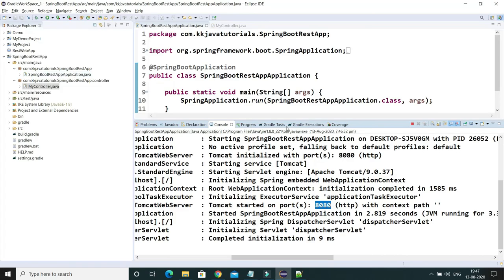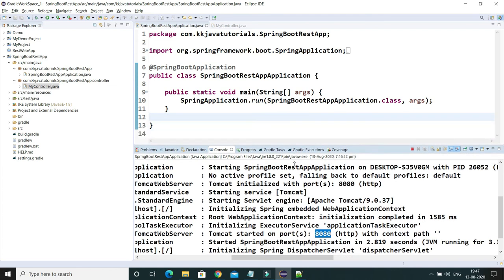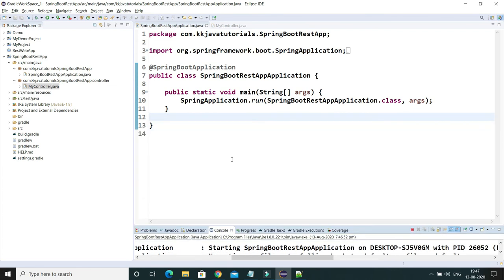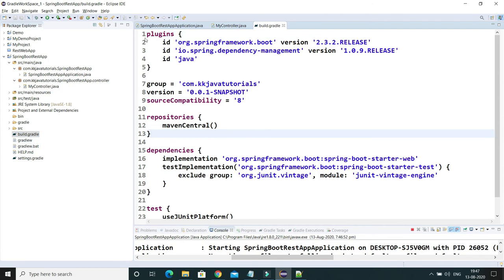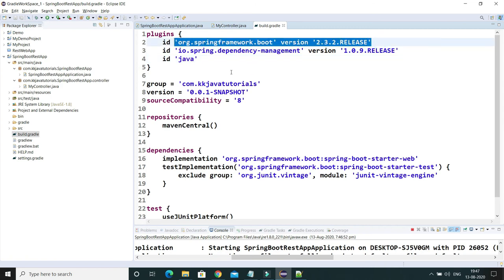So guys, that's the way to create a Spring Boot RESTful application, or any Spring Boot application, using Gradle as the build automation tool. And this is our build script. Here you can see inside the plugins, a few plugins have been added. This is to support a Spring Boot application.